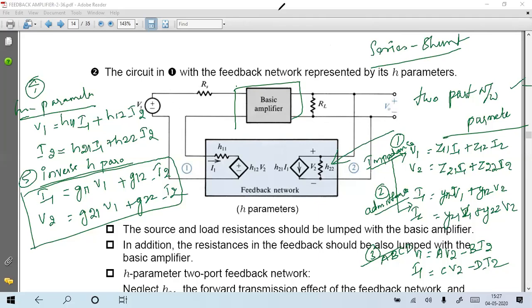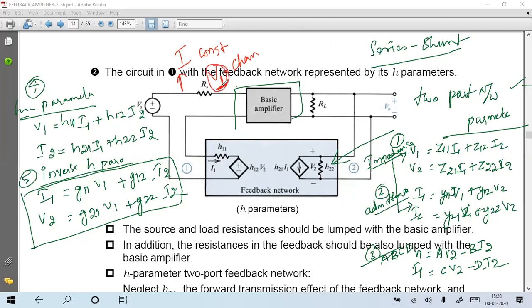See here, the input side is in series. Keep it in your mind. The input side is in series and the output side is shunt. In a series network, which parameter is constant and which changes? Input side series means the current is constant. The current is constant but the voltage varies. In a series network, the voltage changes, so V1 will change.